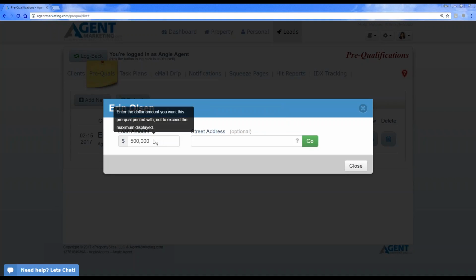So they were approved for $500,000, but say that the asking price of the house maybe was only $350,000. So obviously I wouldn't want to put that they were approved for $500,000 if the asking price is only $350,000. You might want to do a little bit less to maybe get a better offer on the home. But you can also have it say anything you want within that maximum 500,000 or whatever the person